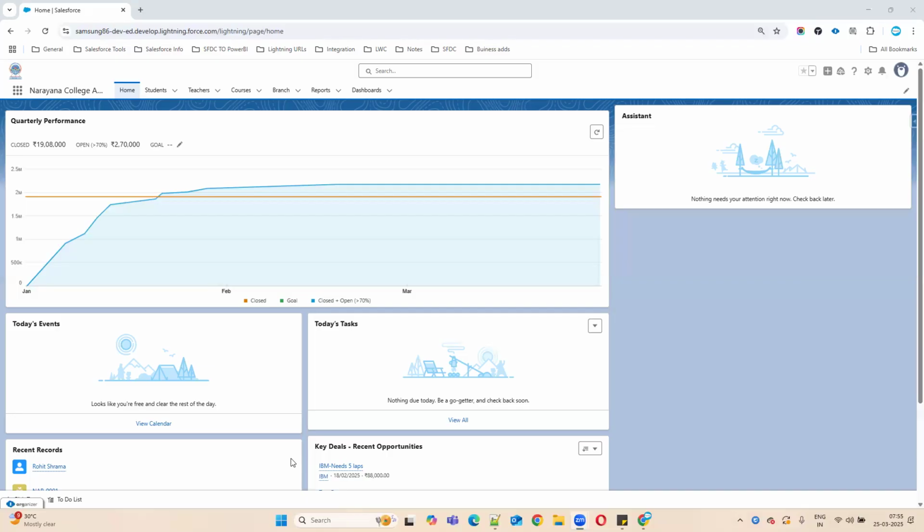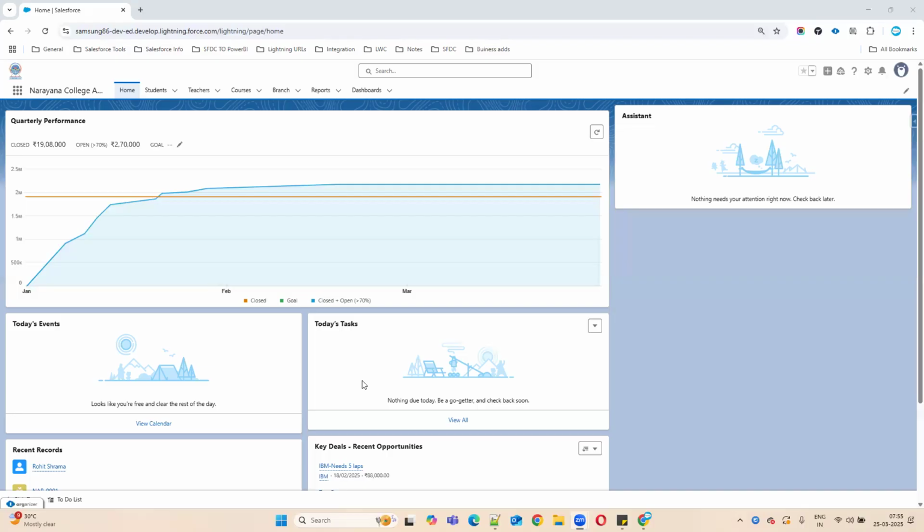So Sharath, what is controlled by parent? Can you hear me, Sharath? Hemlata, what is controlled by parent? Master detail relationship, sir.